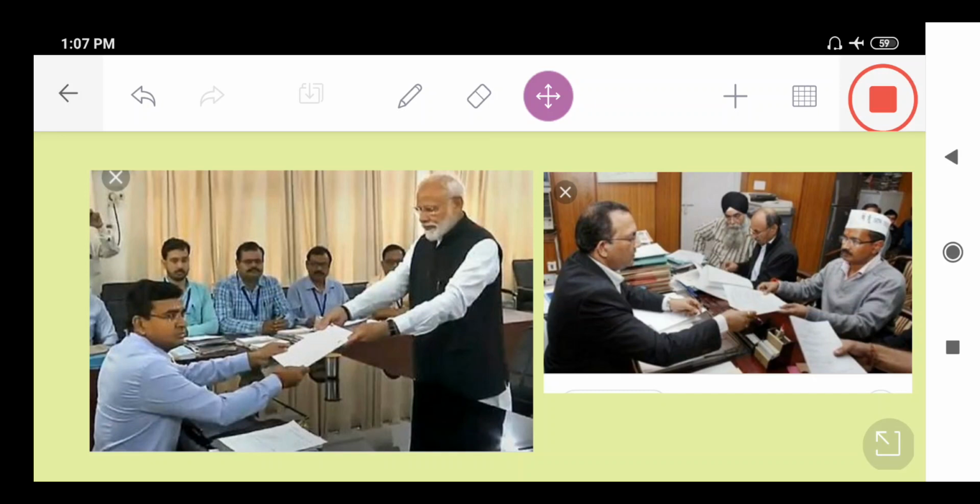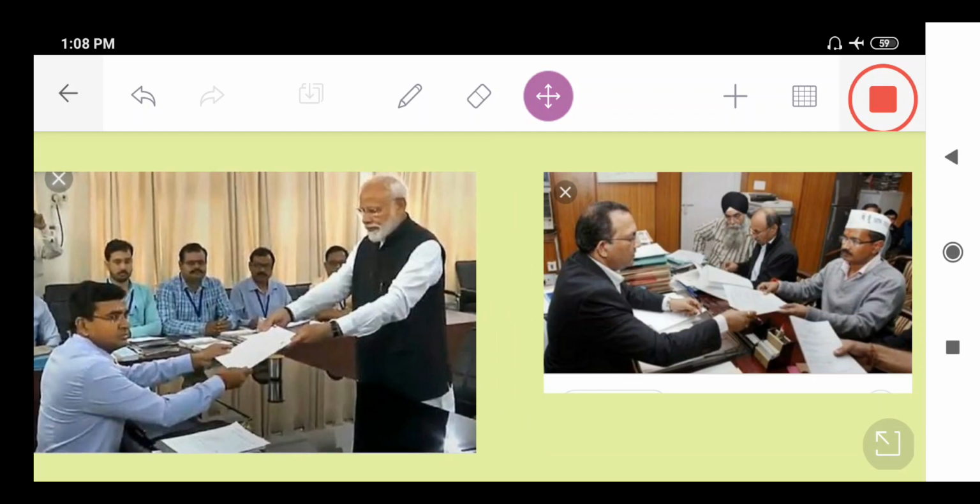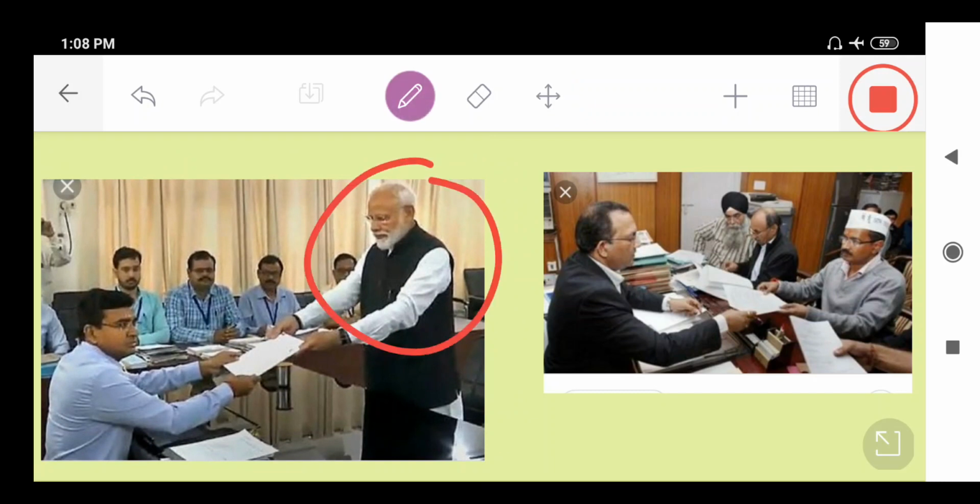where a candidate, he or she, who is willing to take part in the election, has to submit his nomination forms before the election commission of the particular state or the election commission of the country. If you look at the screen, here are two persons. It is the Honorable Prime Minister of the country, Narendra Modi, and on the left side, it's Aam Aadmi Party patron Arvind Kejriwal. See the beauty of a democratic country: the Prime Minister of the country himself is personally going to submit the nomination form before the electoral officer, the election commissioner of a particular constituency.